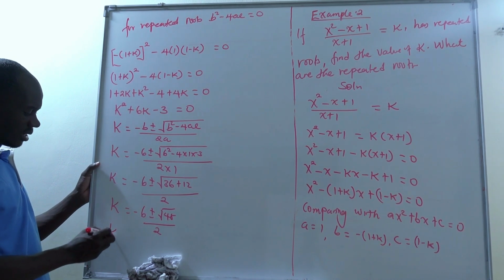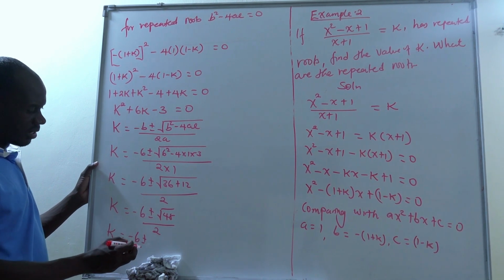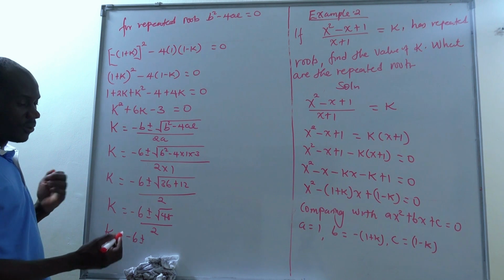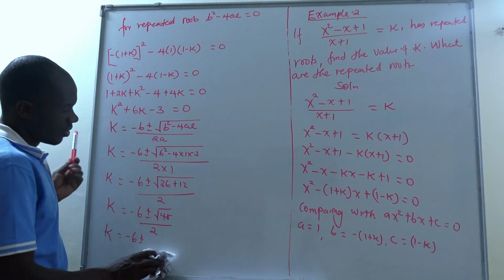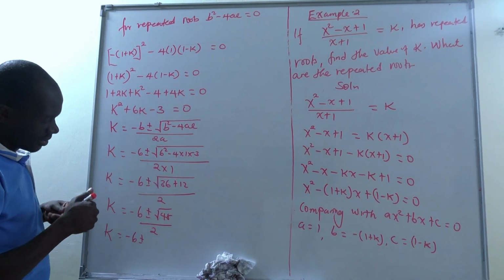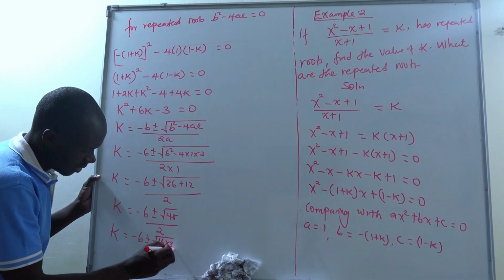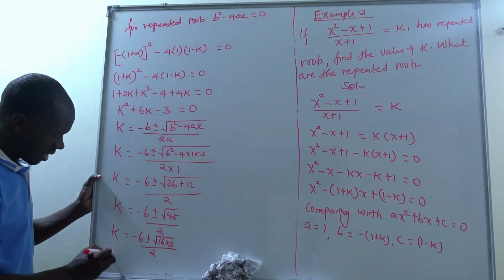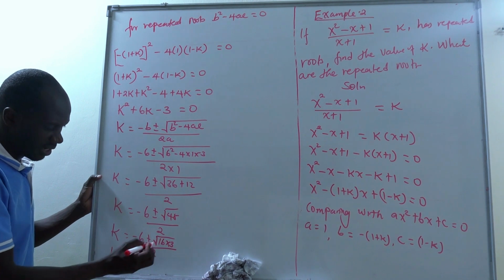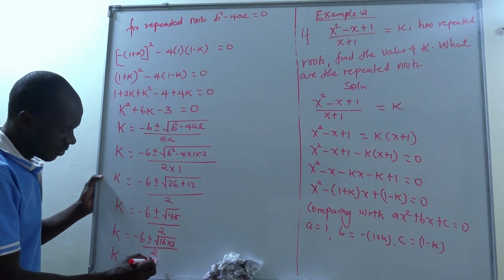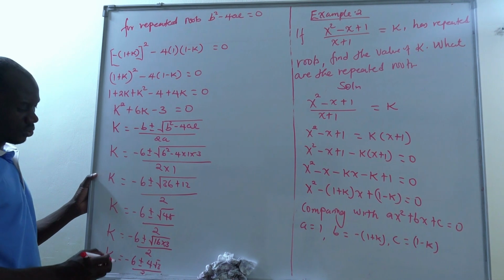So can we get k? This is negative 6 plus or minus the root of 48. If we want to put it in terms of surds, the root of 48 is the same as the root of 16 times 3. So k equals negative 6 plus or minus 4 root 3, all over 2. So 2 can divide every